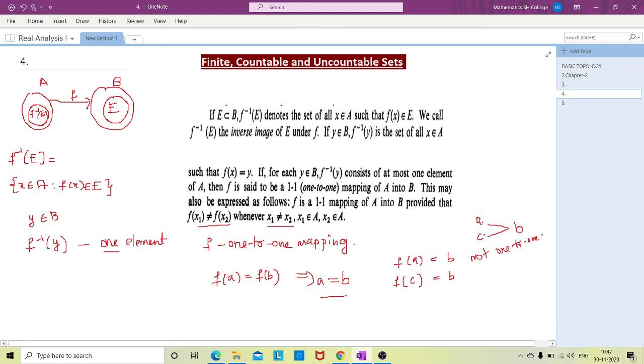So in this way we define. In this class we have defined what we meant by a function. A function should be well defined. Then we have seen what is domain, range, and also what is a 1-1 function and an onto function. Okay, so we will stop here. Thank you.